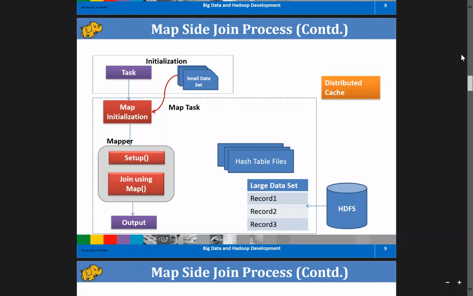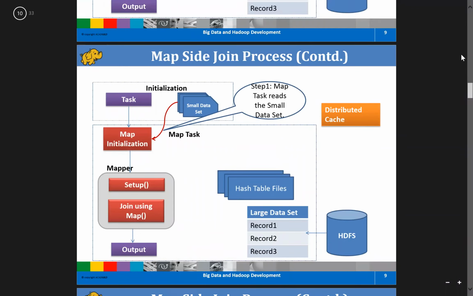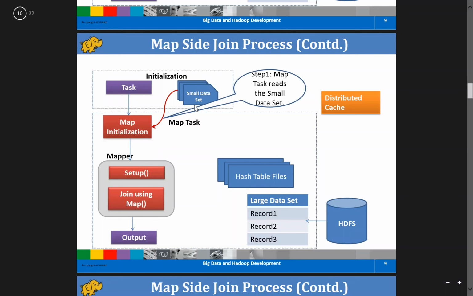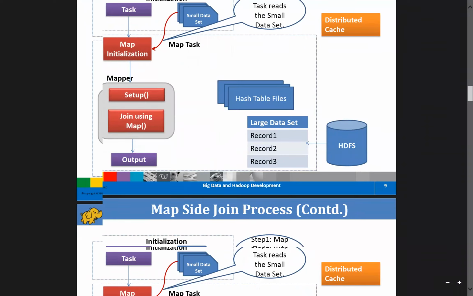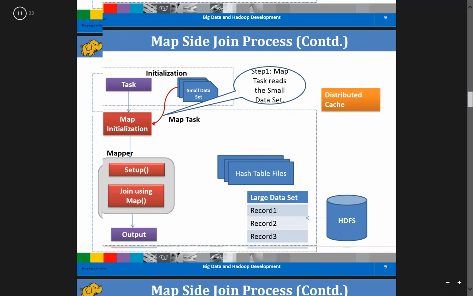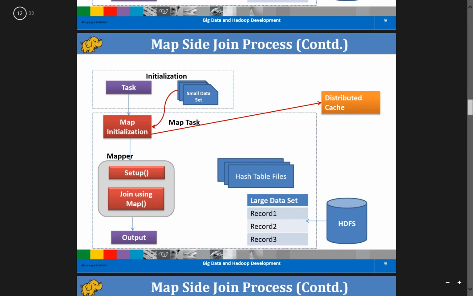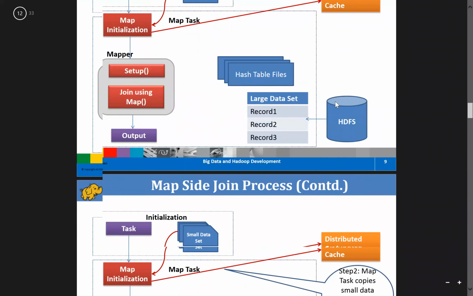That's what you should see. Step one, map task, read the small data set. The map task is going to read the small data set and put it in the distribute cache. Okay, so that's what's happening over here. Once it's put in the distribute cache,